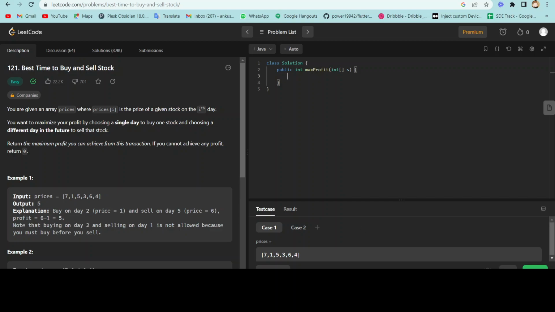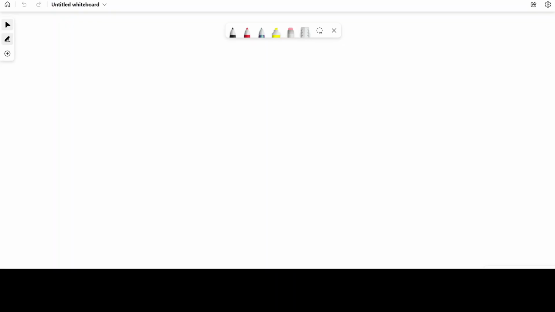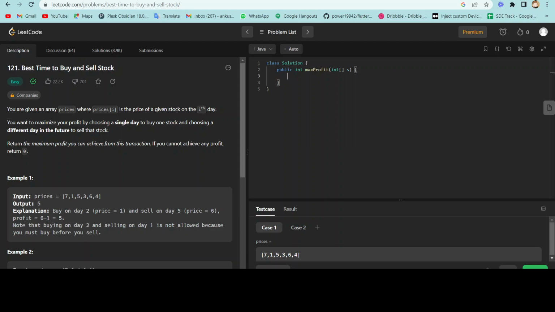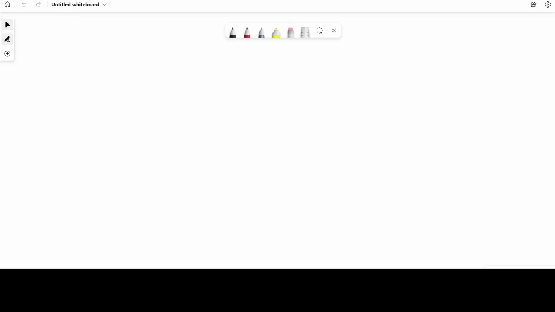Let's try to understand the intuition behind the problem statement. Let me take the example here. It says 7, 1, 5, 3, 6, 4. So it says we are given the price of stock as